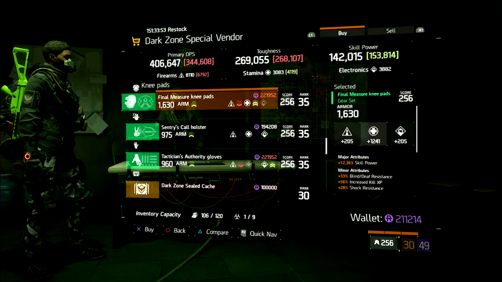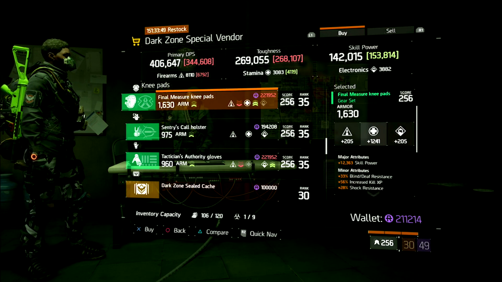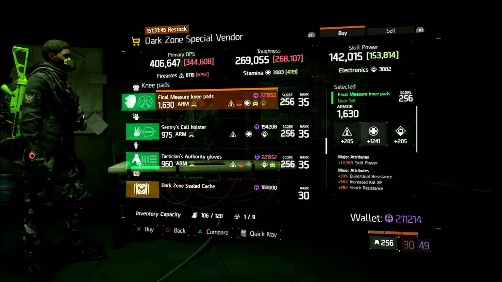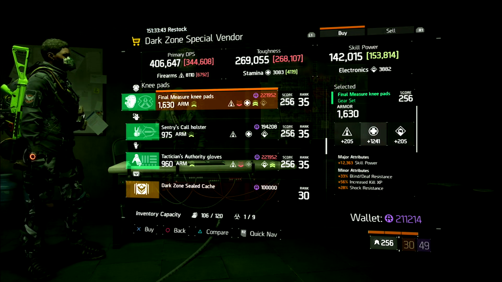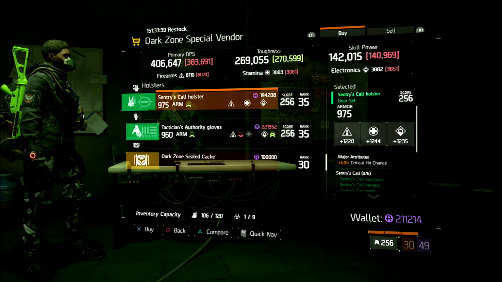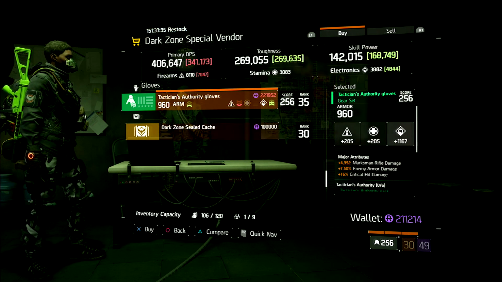Having Final Measure knee pads, another skill power major attribute. This one comes with shock resistance, blind death, and increased kill XP. The armor on it isn't too bad at 1630. The holster is always going to be garbage for the most part, and the Tactician's Authority gloves, why they have